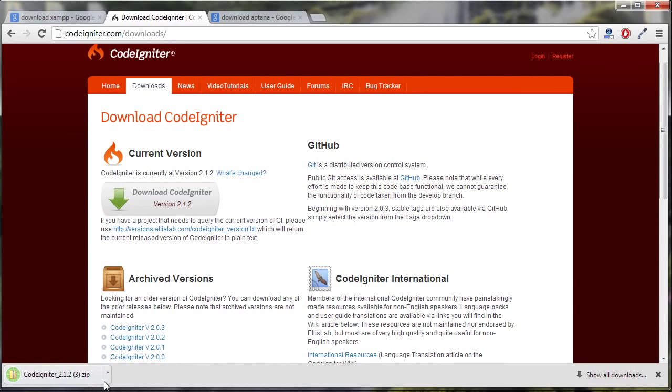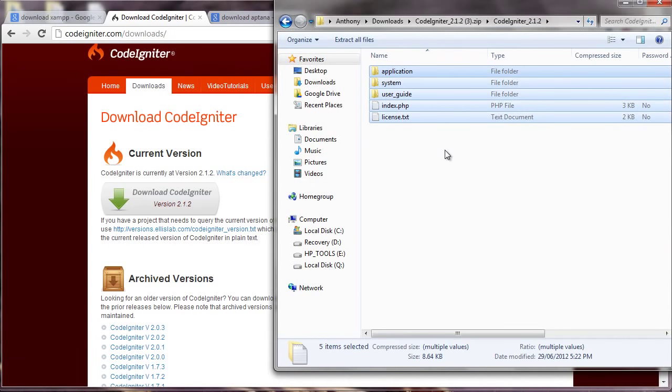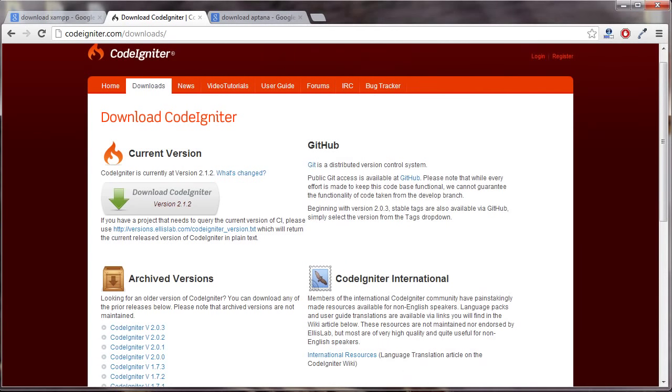So CodeIgniter has a smaller footprint than a lot of other frameworks like Pear or whatnot. I'll double click here and I'll double click that. Once I'm inside the zip here, I'm going to push Control A and then Control C to copy all of those. I'm going to close this, and then I'm going to